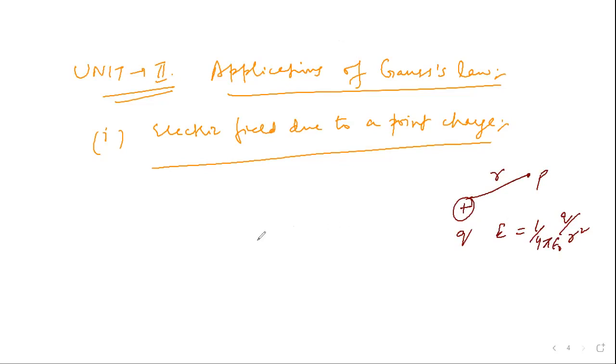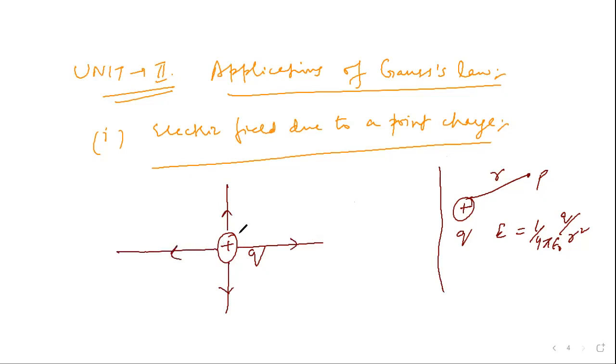We will see that Gauss's law gives the same result, right? Now suppose I have a positive point charge Q. Now we know the pattern of electric lines of force surrounding this charge. Now electric field everywhere is outward